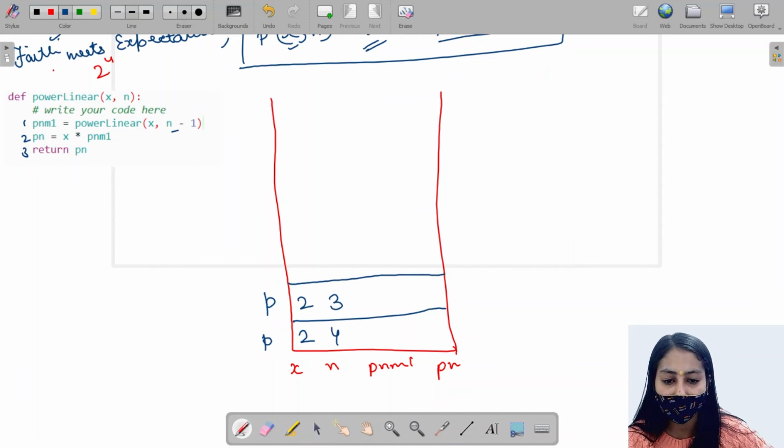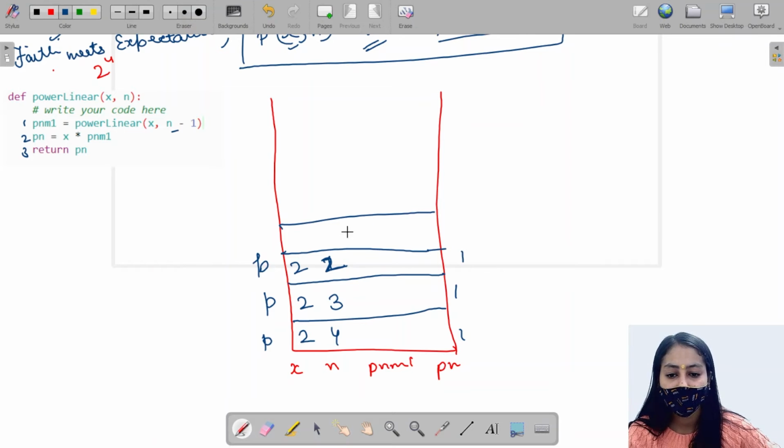Again line number 1 is executed and this will call with x the same and n minus 1, which is 2. Again line number 1 is executed and this will call power with x the same and n minus 1, which is 1. Again line number 1 is executed and this will call with x the same and n minus 1, which is